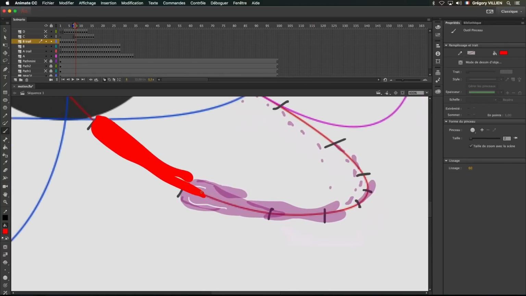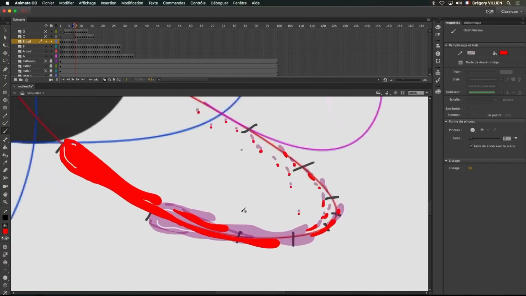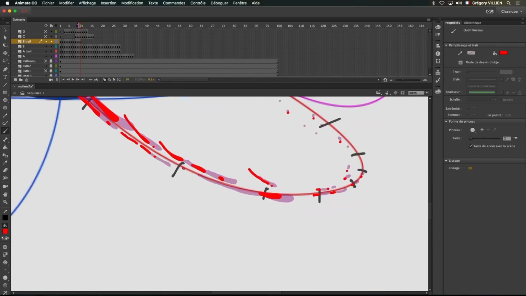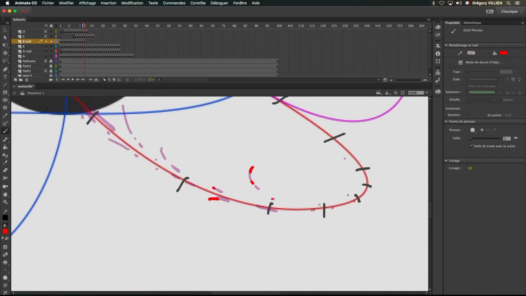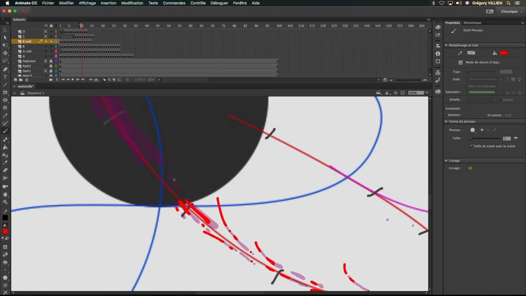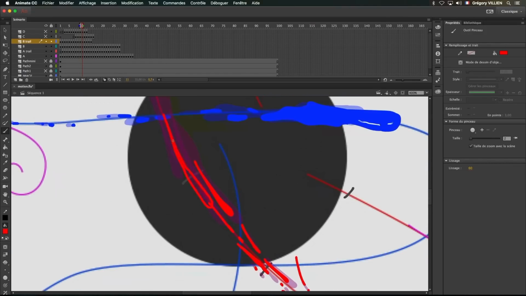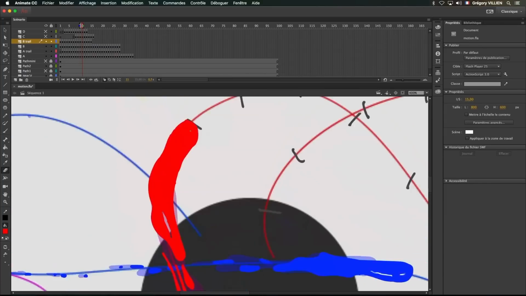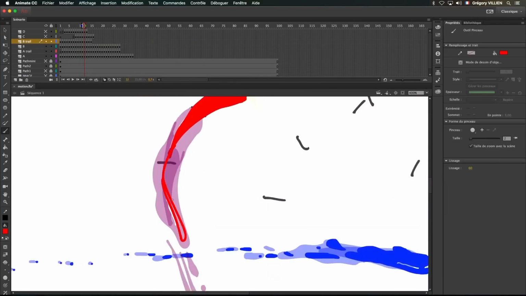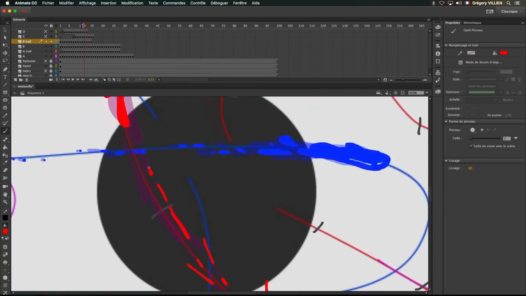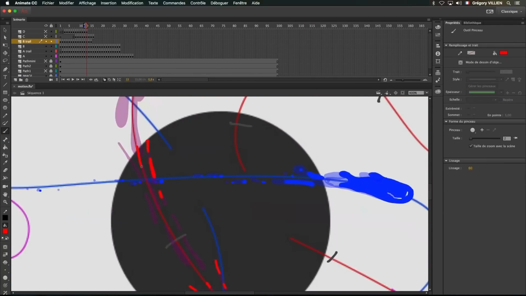Here, the same thing. I start with the second ball. We'll try to slow down more steps to understand things. You saw I extended my little drops, my little forms. I tried to make it come off, to make it leave in a spiral. The drop goes up because it takes a lot of speed. So I extend a lot of these elements. I try to deform the head to have something not really linear. It has to come off. So I also use the eraser to cut it.